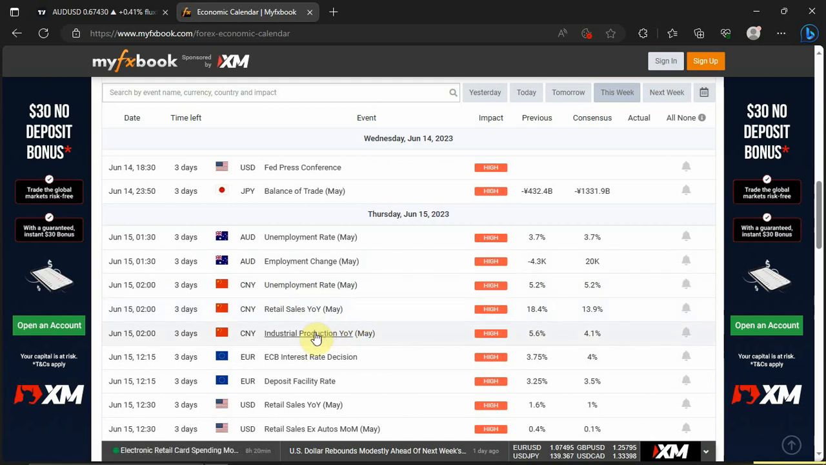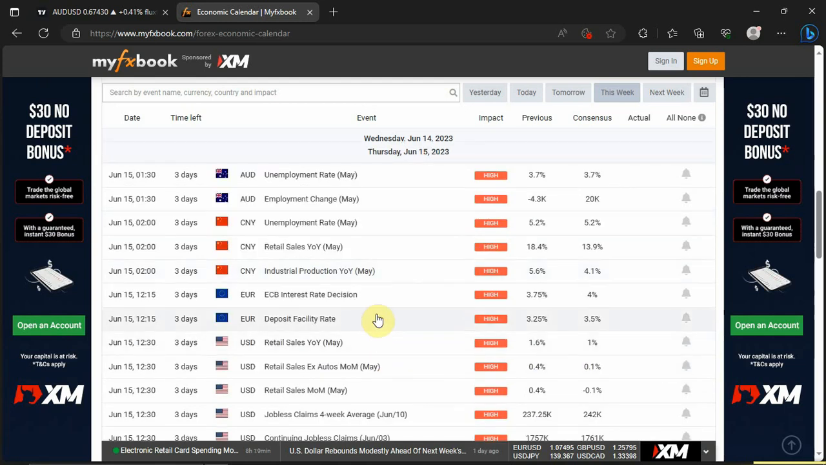And we have Euro ECB interest rate decision. All right, ECB interest rate decision. They are looking at increasing interest rate by 25 basis points. All right, they are looking at increasing interest rate by 25 basis points. So let's see what happens with that. You also have Euro deposit facility rate